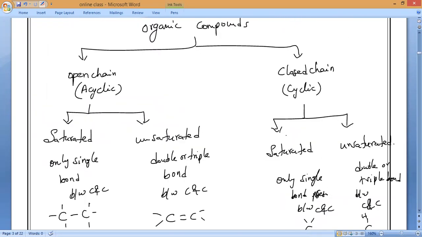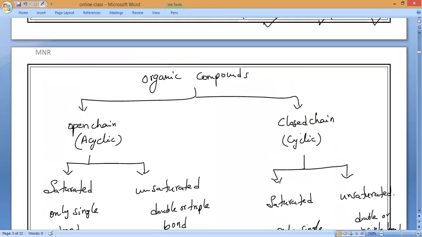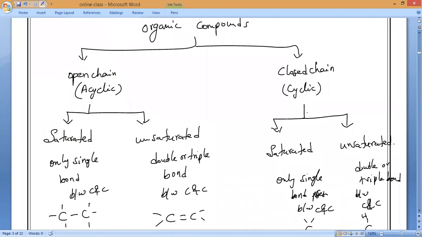This is the overall idea of what we are going to study in our future classes. Organic compounds, as I told you, a sample paper 7th question came. How to identify the